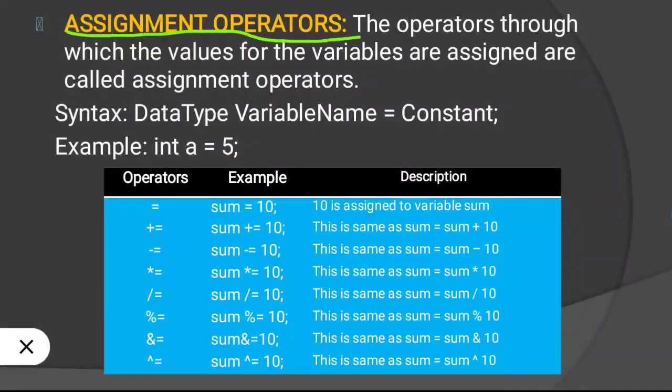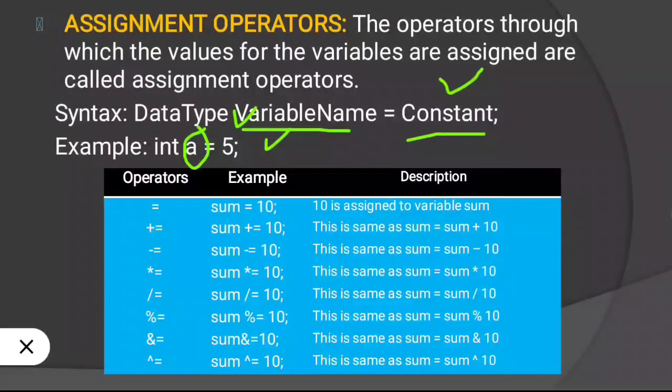As an assignment operator, we use equal to symbol. Then syntax is data type, space, variable name equal to constant. Constant means value. Okay, then if we write int a equal to 5, then here the value of a will be 5 because we have assigned a equal to 5.